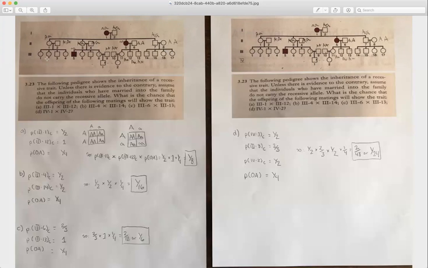The other ones that we know are 3,9, big A, big A, marrying into the family, right? But not having any evidence that they're carriers, so we assume that individual is big A, big A. 3,10 is also big A, big A, and all three of the offspring of 2,5 and 2,6 are also carriers because they have an affected mother. Okay, so we wrote all of those down. It takes a second, but it just makes the whole rest of the problem that much easier. So now let's go to the individual questions.